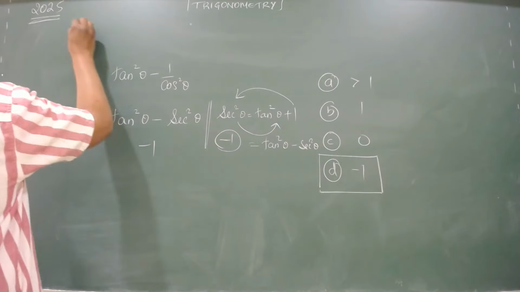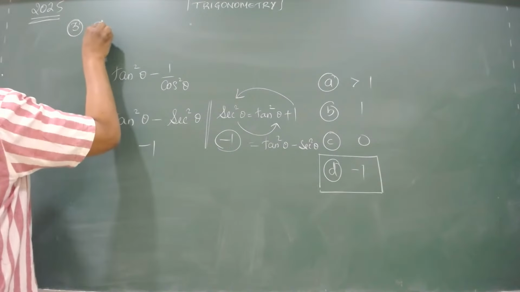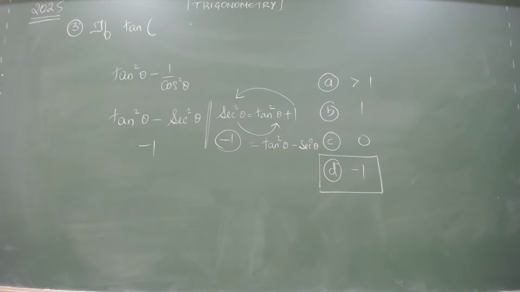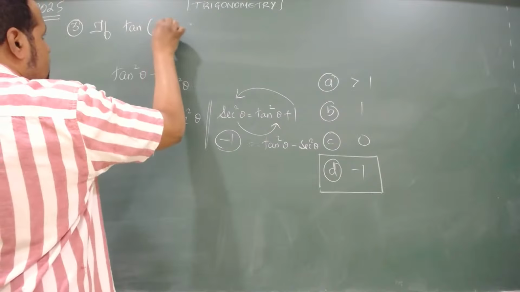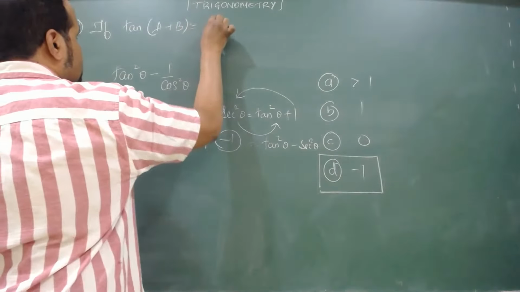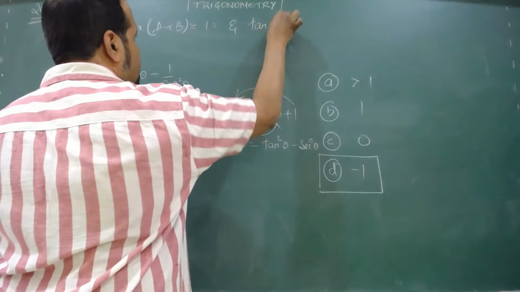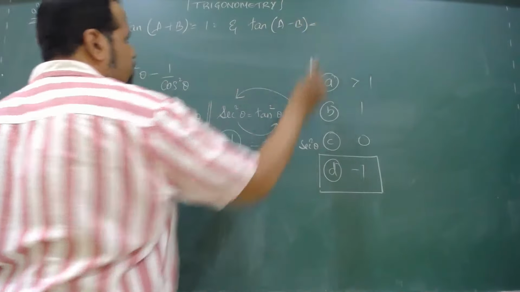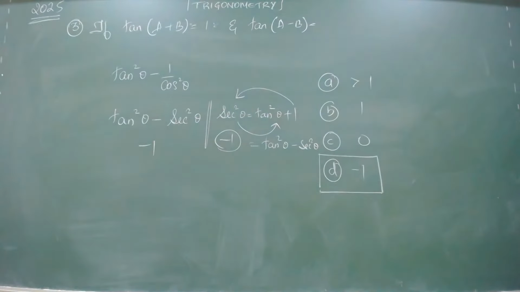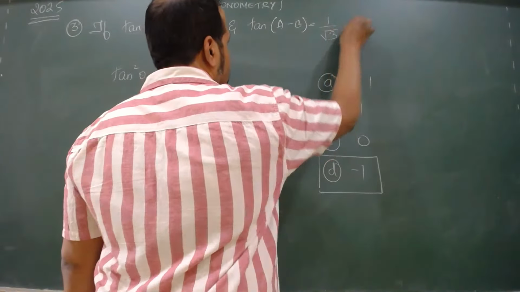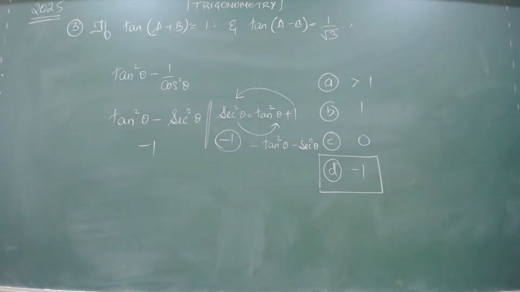If tan of A plus B is equal to 1, and tan of A minus B is equal to 1 by root 3, and the condition says